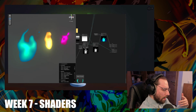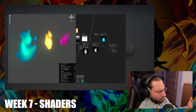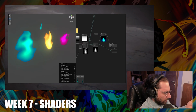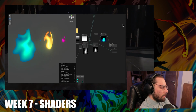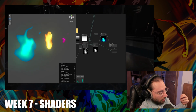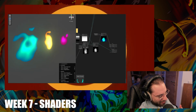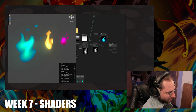So I found it daunting at first, how shaders are, but then I was just like, okay, Jack, just go through it, fear not. And sure enough, VFX Apprentice were able to structure this week again in a fantastic way. I was able to learn about shaders, and I was able to create my own. It was just so amazing. It was so rewarding. Of course, it didn't go so smooth, but